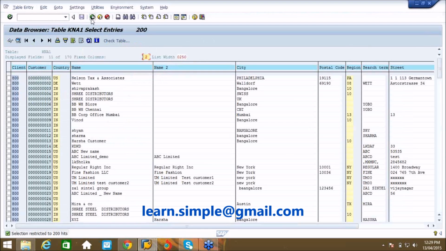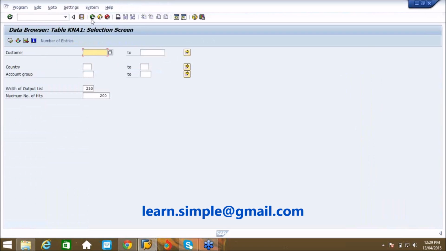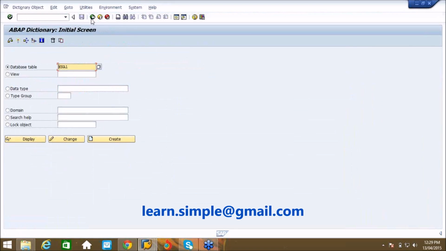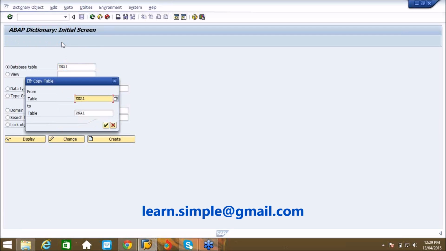Now my requirement is that whenever a customer address or some other details have been changed, I want to update a Z table. So now I need to create a Z table. I'll click on copy. I want to copy this KNA1 table into the ZKNA1 table.